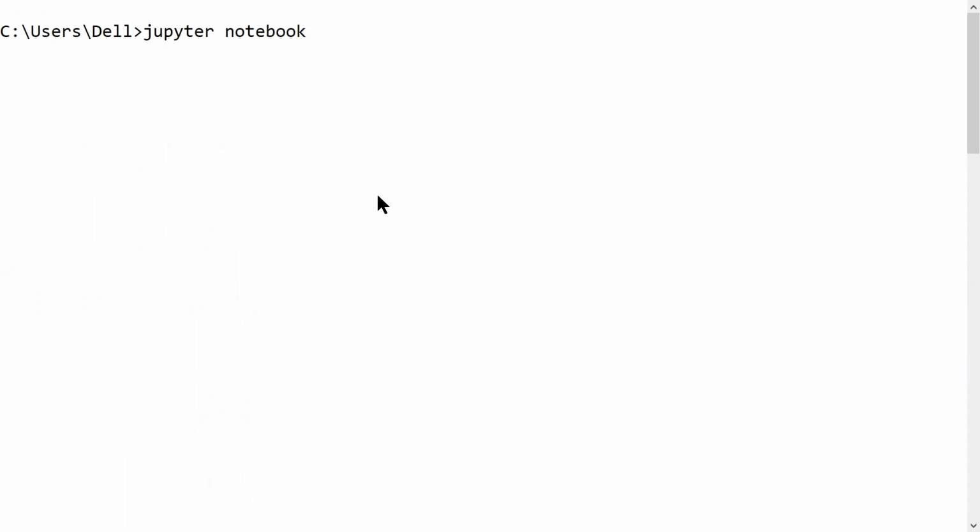If you have installed Jupyter via Anaconda, it will set up its own virtual environment, and you might need to say python -m notebook. This is specific for the users who have installed Jupyter via Anaconda's distribution. I have simply installed Jupyter because Anaconda gives me a lot of other packages which I don't need. So my requirement is to use Python with Jupyter editor, and I have installed it. To run, I will say jupyter notebook.